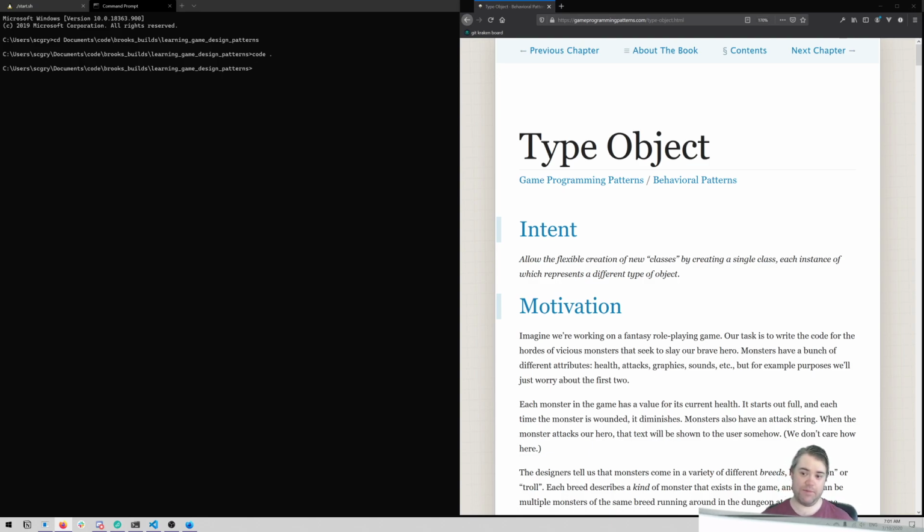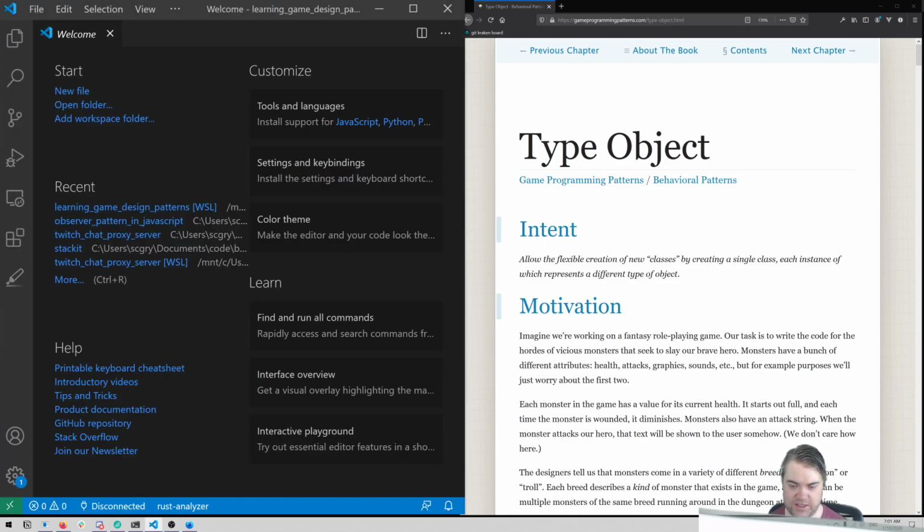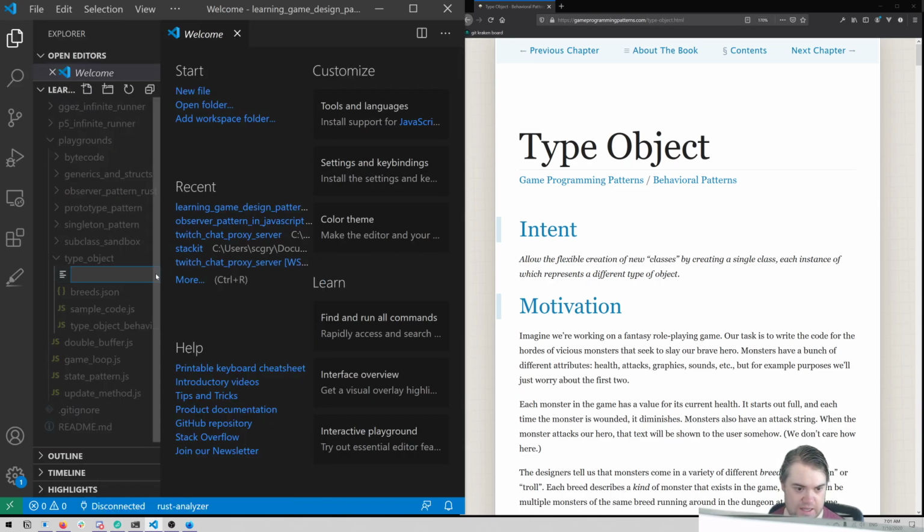So today my plan is to go back through the type object chapter here, but instead of the JavaScript conversion that we did, we're going to do Rust conversion this time. So I have VS Code open up here. Let's go ahead to type object, and we want to do